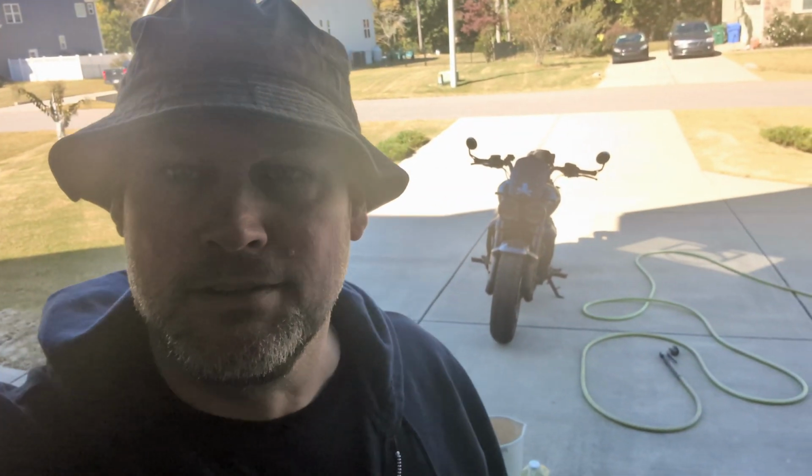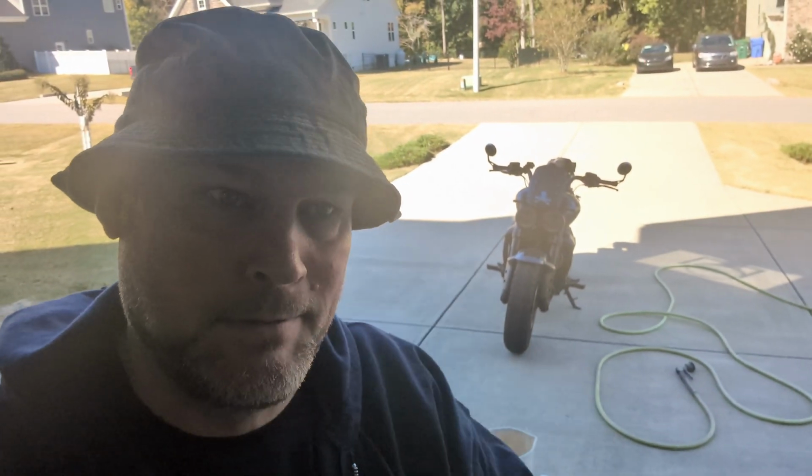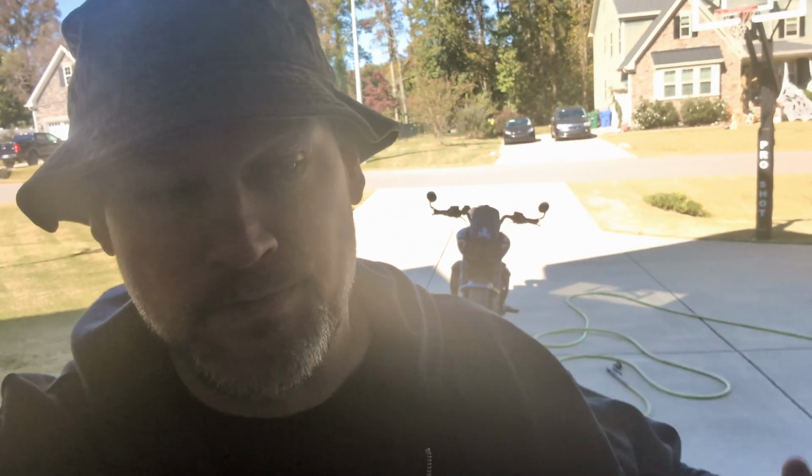Today's a nice day. It's Sunday. It's probably about 68 degrees out. So I'm gonna wash the bike again. She needs it. She got dirty after pulling the plastic dip off the tank and painting all the miscellaneous parts in that. So we're gonna give it a wash and